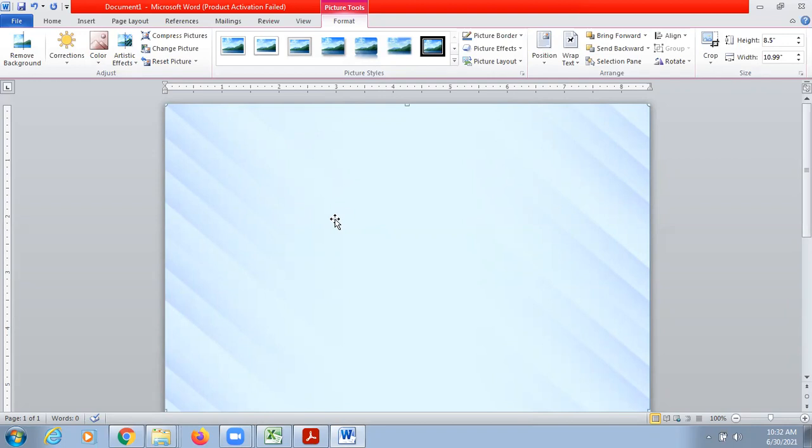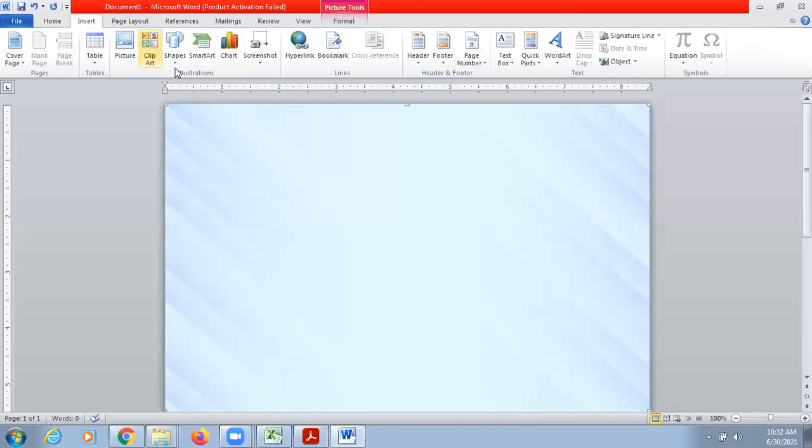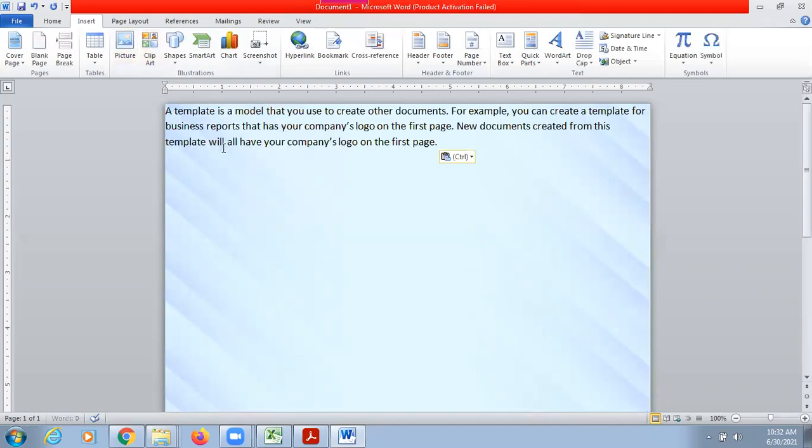of the page. So I cannot paste the text directly. For that I need to take a text box. You can also paste it directly like this, but see, it will appear like this.